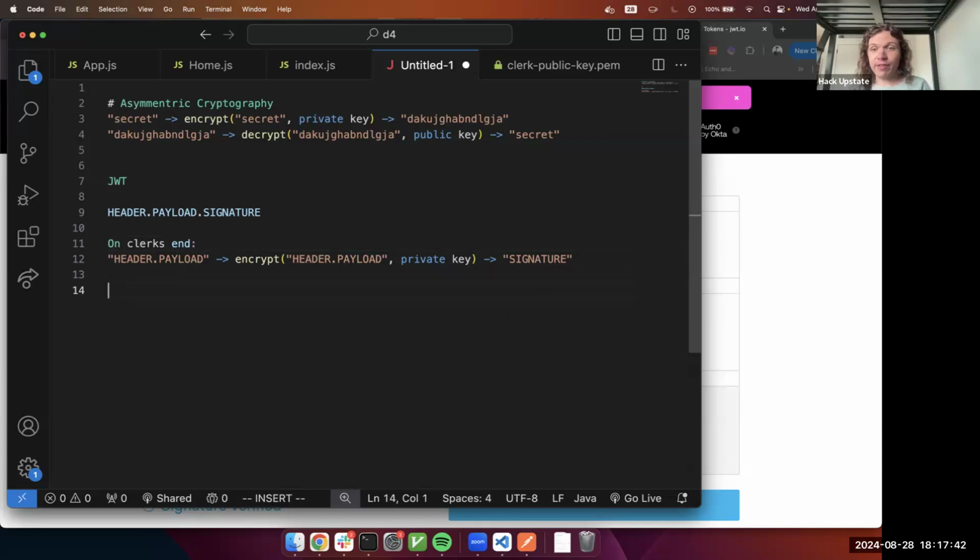Now, on the client's end, and to be clear, when I say client in this case, I could mean the front end, but it's also kind of the back end too in this situation, because the back end is verifying tokens. So I guess the better thing to say is anyone other than Clerk would do the second part. So on anyone else's end,